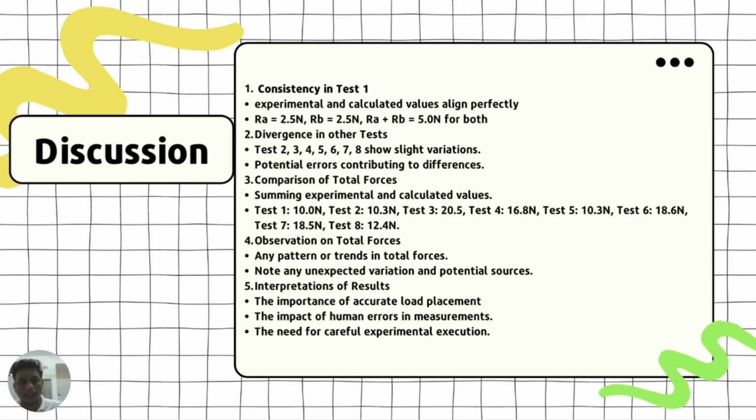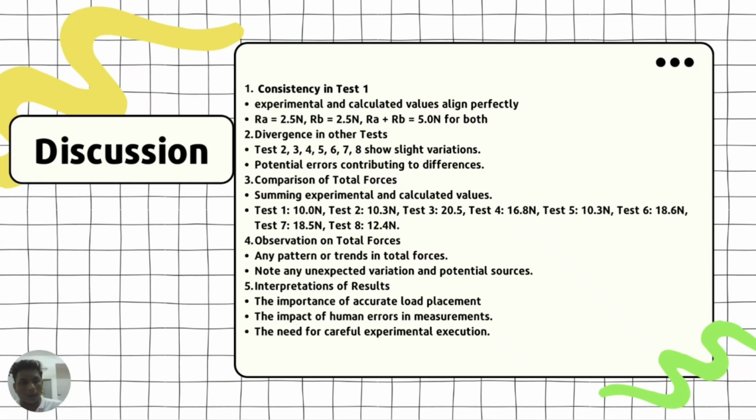Summing up the forces for each test, we see a range of total forces. Test 1 gives us a total force of 10.0 Newton, test 2 at 10.3 Newton, and so on. These values provide an overview of the overall forces acting on the beam. As we look closer, unexpected variation in total force emerges. It's essential to interpret these results with caution. For instance, in test 3, the experimental value of 10.3 diverges from the calculated value of 10.2 Newton. This observation prompts us to consider factors affecting these